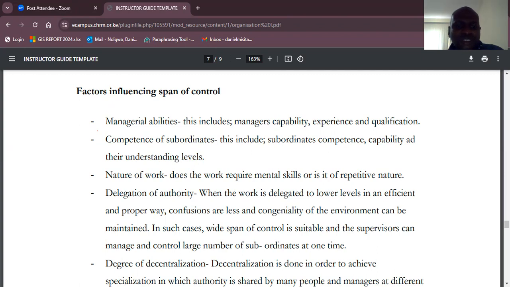Then competence of subordinates. As a manager, you need to understand the people who are reporting to you, what their competencies are, so that you might end up developing some of these people. The focus of a manager is to be able to empower people to become better and better, to become better versions of themselves. So once you understand the competence of subordinates, it becomes easier to achieve various goals within